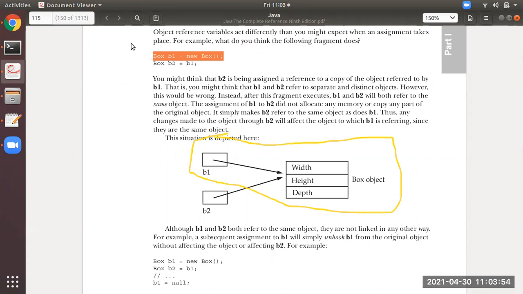Then when you write this statement, Box b2 = b1, this is the complete thing. That is, b2 will also be allocated the same thing that b1 is allocated with. I hope you all have understood this.